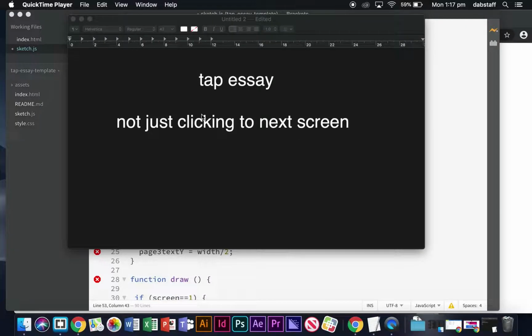We're going to be going through something to do with the tap essay in this video. So we showed the basic tap essay where you can just click. As you click on each page, you move to the next one. In this video, we're going to show you how to change screens. So it's not just clicking to go to the next screen, but there's many other ways to go to the